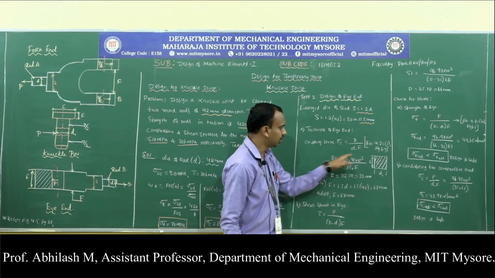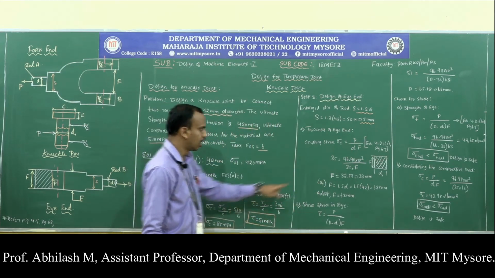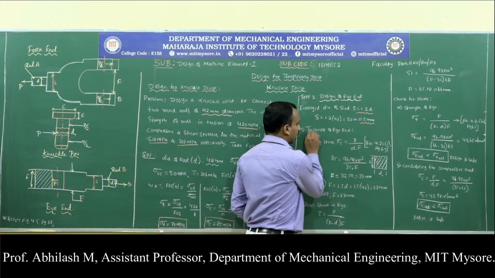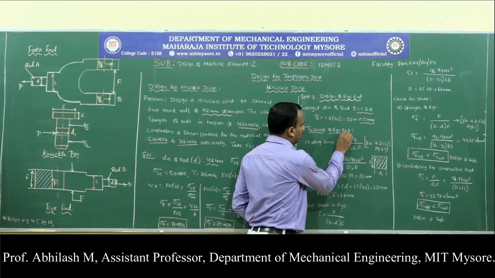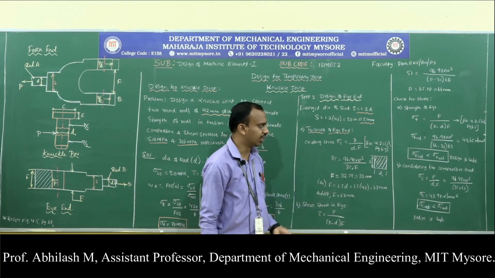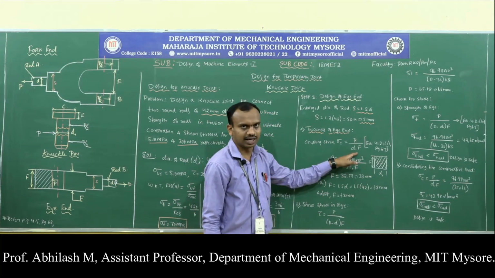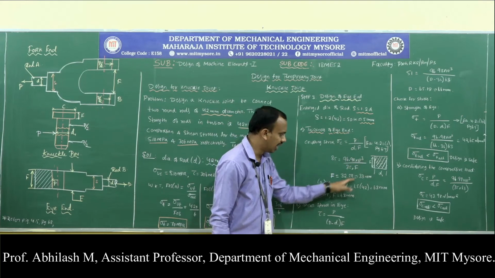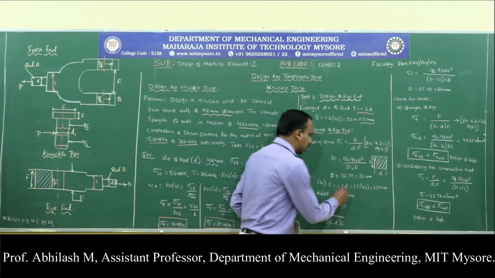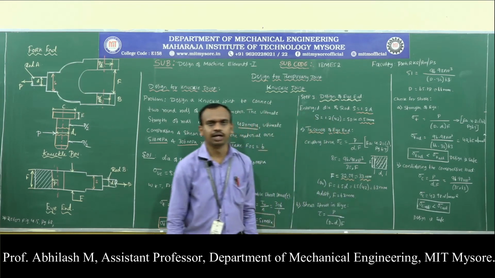In the entire equation, I know sigma c, we have calculated the value 85, I know the load, which we have calculated as 96.98 into 10 to the power of 3, and I know D1, the diameter of the knuckle pin, which is 35 millimeter. So the only unknown is the thickness of the eye end. Substituting the values, I have obtained the thickness of the eye end, which is 32.59 or 33 millimeter.